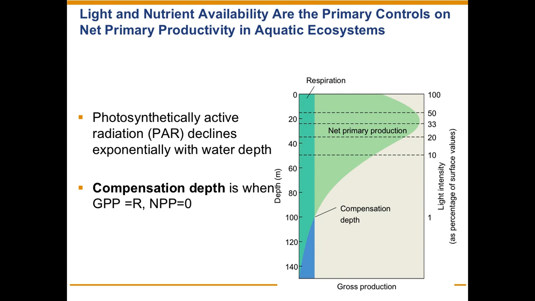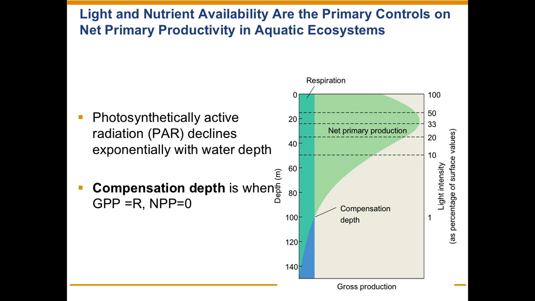So here we've got ocean depth or lake depth, which correlates with the light intensity. At the water surface, 100% of the light reaches the water surface. As we go deeper, we lose 50%, 67%, 80%, 90%, 99%. And we saw that light attenuation curve in previous lectures. This means that we've got an associated pulse in productivity. The majority of it is restricted to occurring up here within the photic zone.